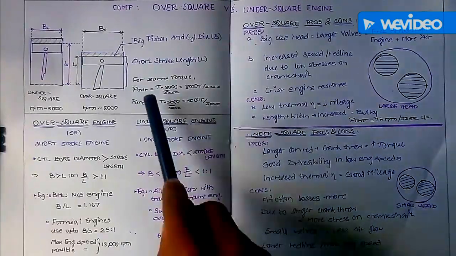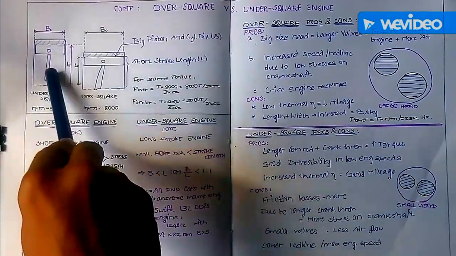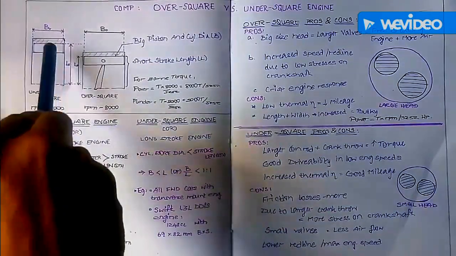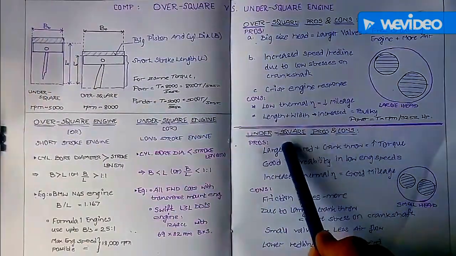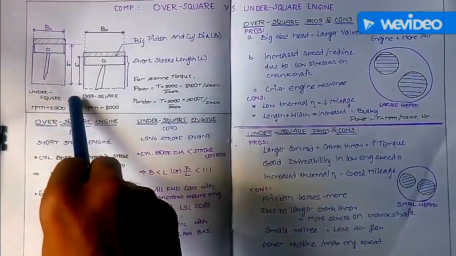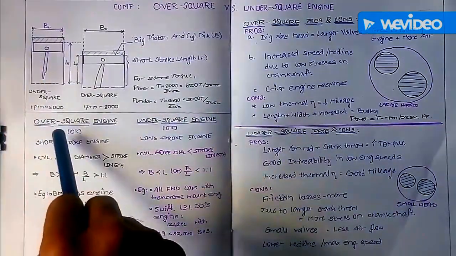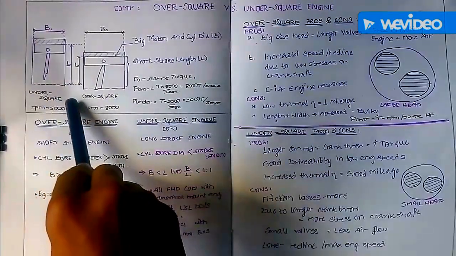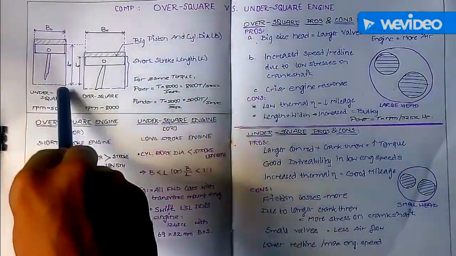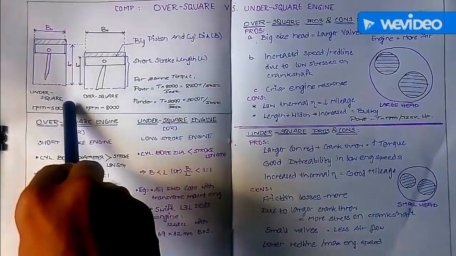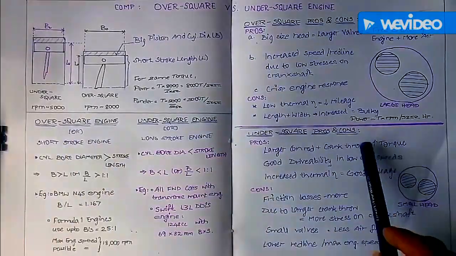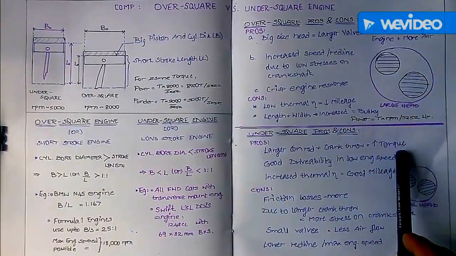Now this is achieved due to the larger connecting rod which would be used in an under square engine, due to the longer travel or the stroke length for the piston. Since the connecting rod is quite large and the crank pin throw is also quite large to accommodate the larger connecting rod, there is more distance between the center point of the crankshaft and the crank pin where the connecting rod would be connected. Since this distance is increased, it increases the torque. So now the torque of the engine is increased.